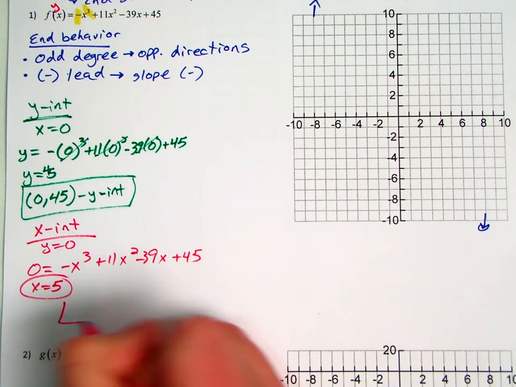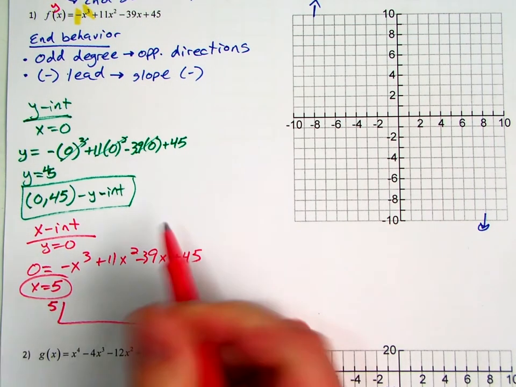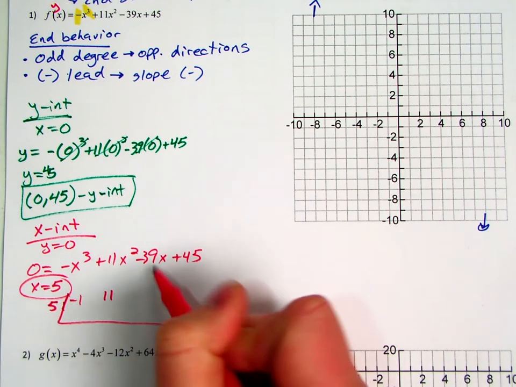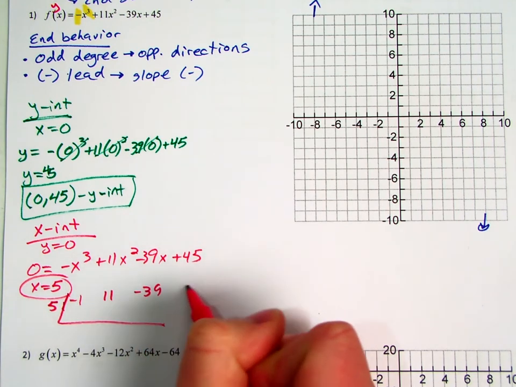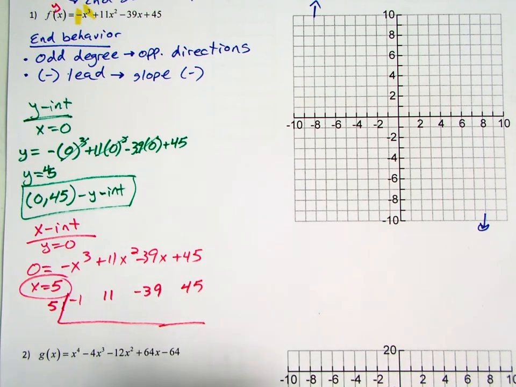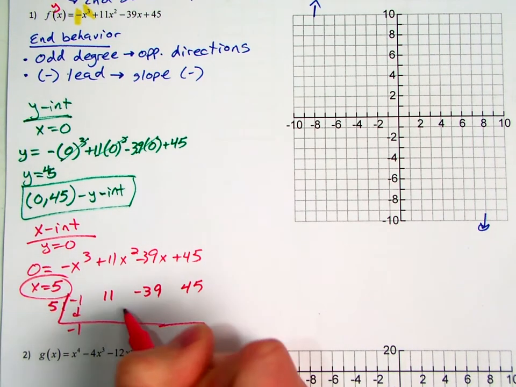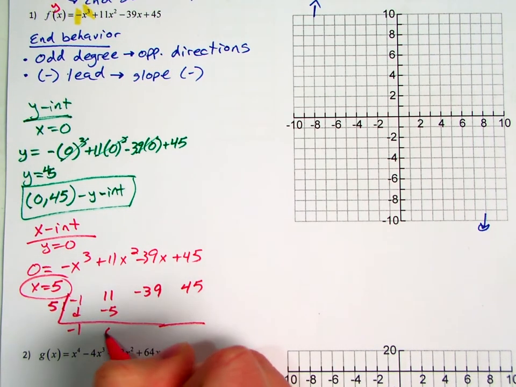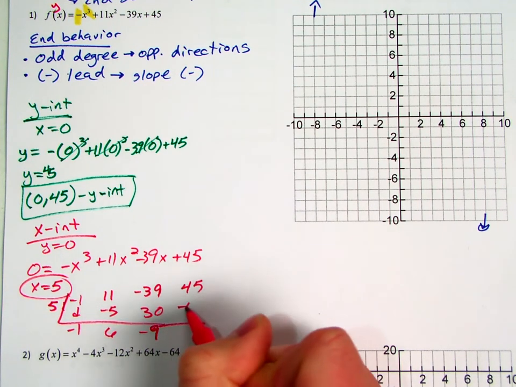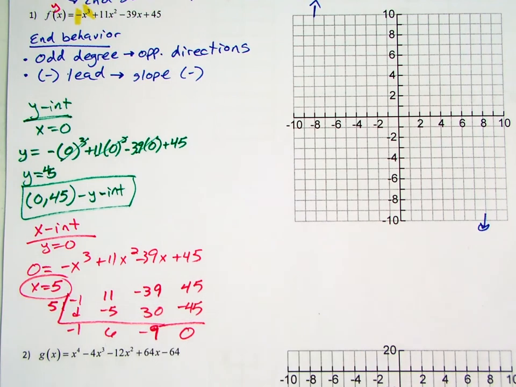synthetic division. So 5, so we have negative 1 is x cubed, 11 is x squared, negative 39 is x, and 45. So then we can bring our negative 1 down, which would give me negative 5, which is 6, which gives me 30, and negative 9. And negative 9 times 5 is negative 45, so we did get 0. Then I need to find my other